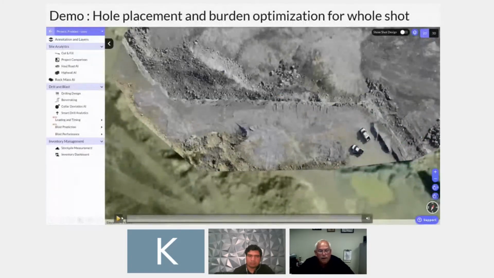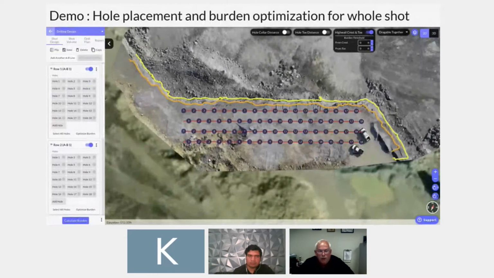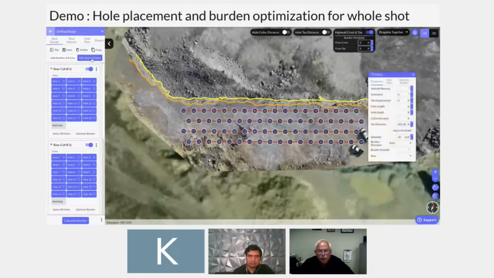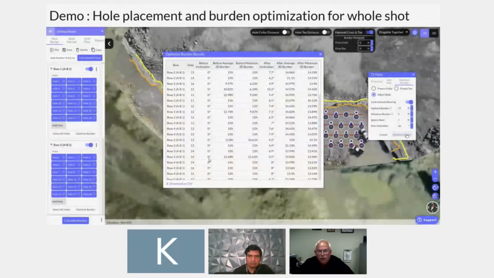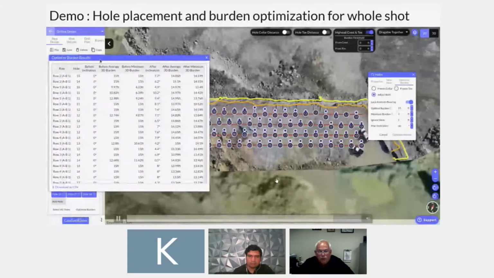All right. And this is basically, we're talking about how we lay off a shot, and it pretty much self-populates upon an area and gives you your burden. You put in your burden, optimized burden, and it adjusts the holes for you, and it also adjusts everything. And it's really simple, and it's a really good way to go, and to give you an idea of where it goes and how it moves. As you see, those holes are moving to optimize your burden, and you can't see it now, but it does allow you to keep the back row straight.